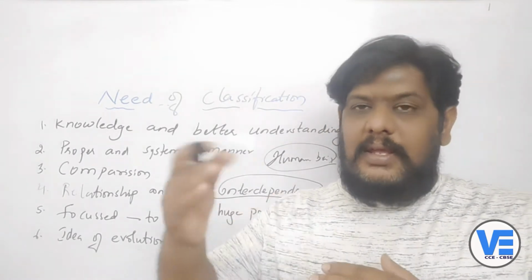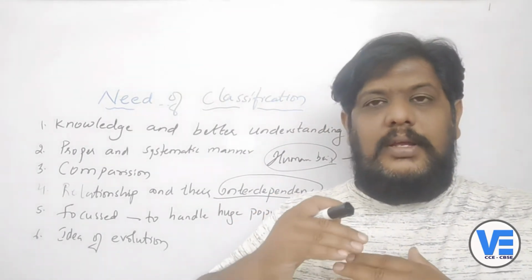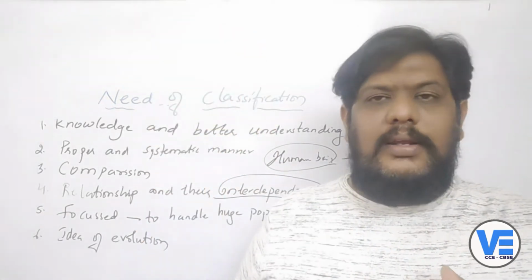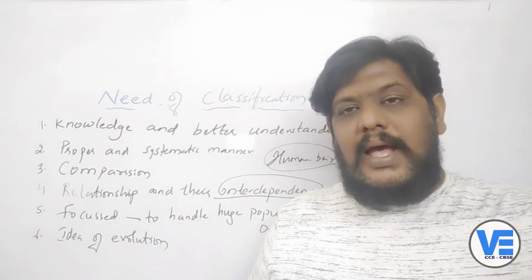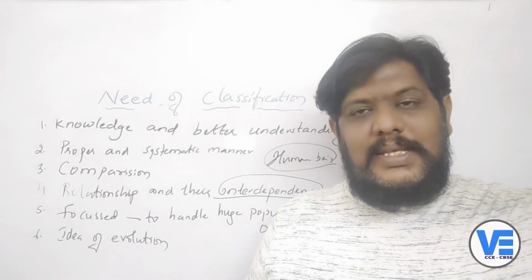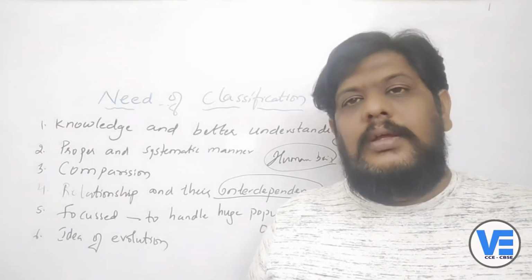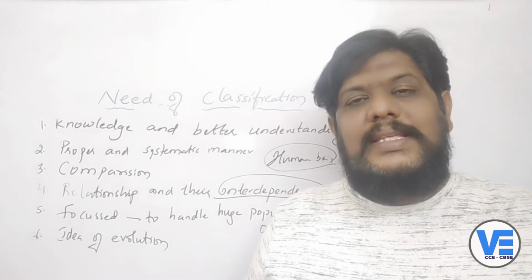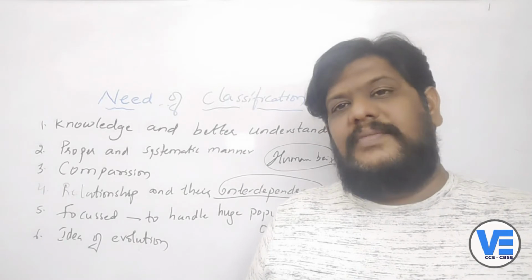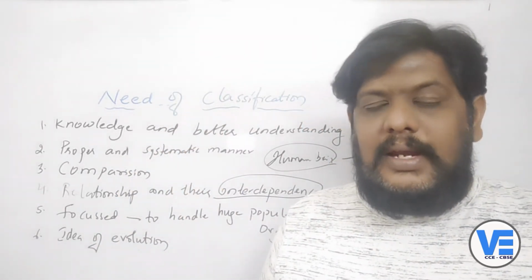So where did he come from? Only if you keep on talking about the apes and chimpanzees and whatnot, if you go in this order, you will come to know how this man has evolved, from what species man has evolved. What are the basic characteristics of the human being before he was transformed into a man? That is how you can easily study. That is only possible when you know what classification is. So these are all the different steps in the need of classification.